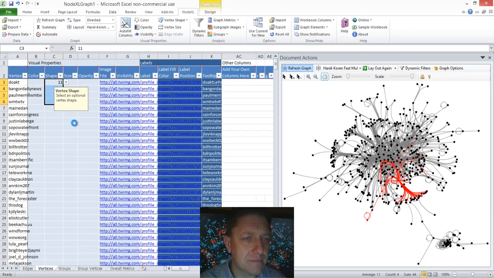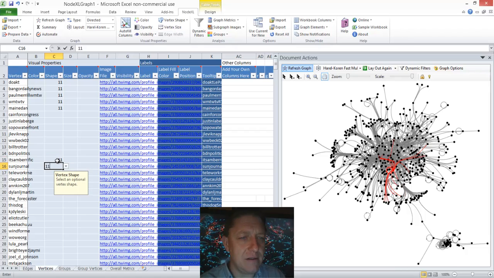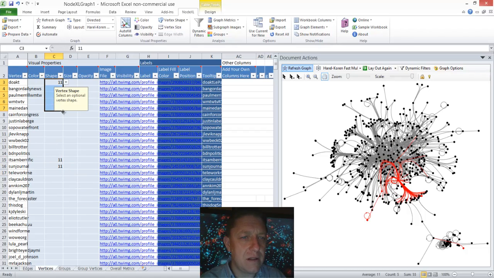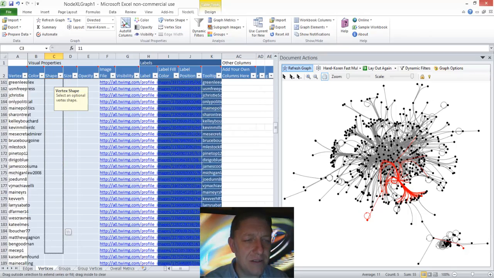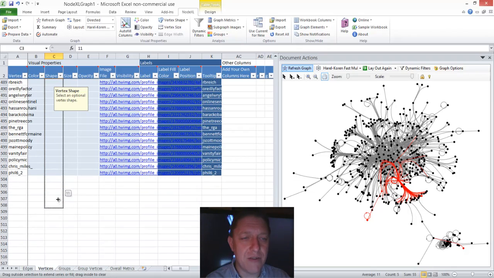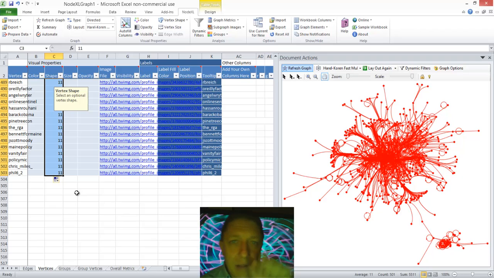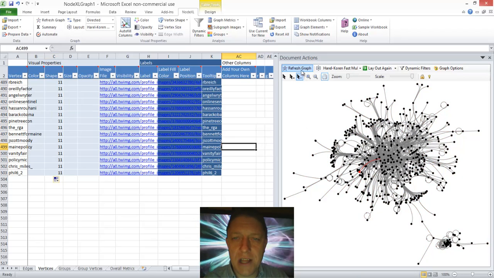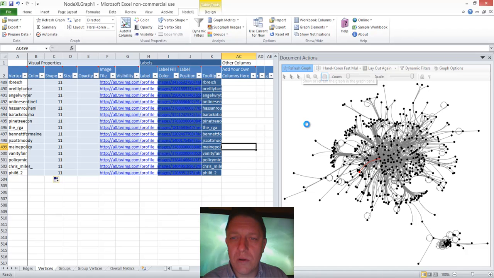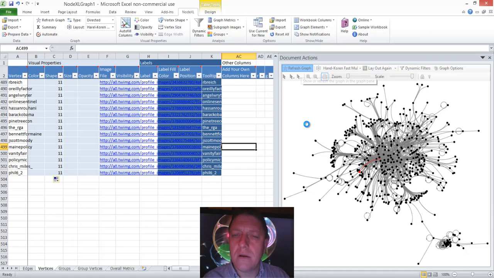So I could simply say, let's make all these nodes 11, 11, so on and so forth. Let's make them all, there's a little box down there. If I select that, I can fill this with 11s. I'm left clicking and dragging on that little tiny black box down there. Okay, I could refresh that. And what am I going to get? What do you think I'm going to get? I think, again, I'm probably going to get, first of all, an overload of my computer. And the second thing I'm going to get is chaos.